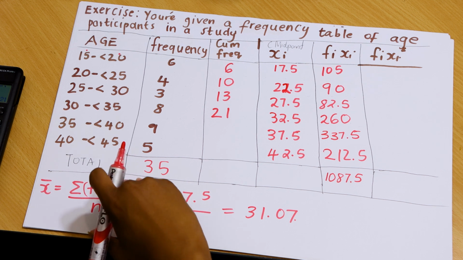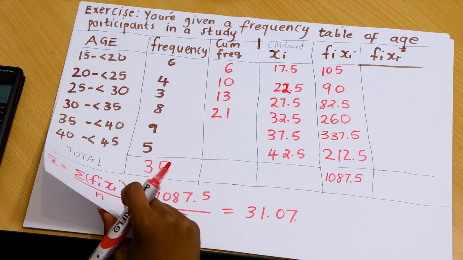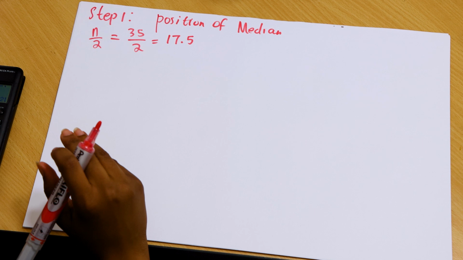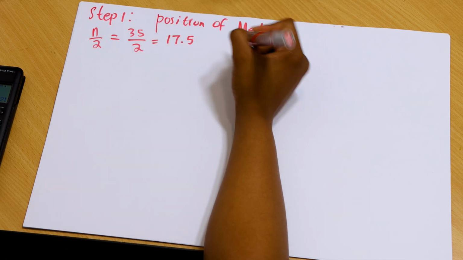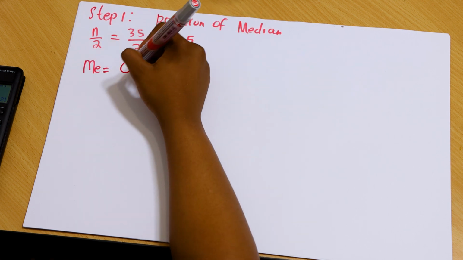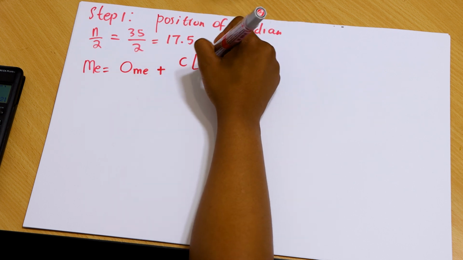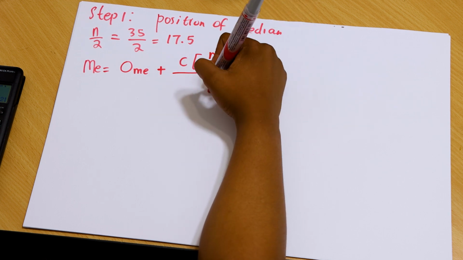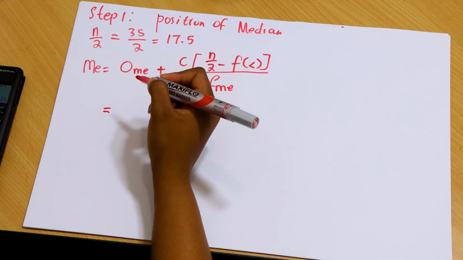After locating this interval, then you just have to substitute into the equation. So please note, we said 30 to 35 is the interval of the median. Now the median equation is given by the lower limit plus the class width times sample size over 2 minus the cumulative frequency of the interval before, divided by the frequency of that interval. So here,